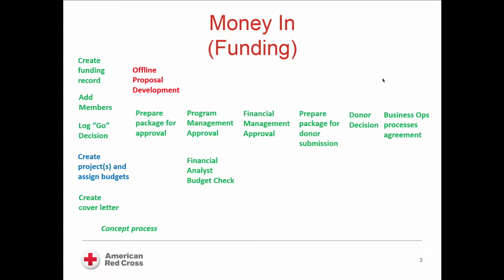there is a final task that goes to the financial analyst, who confirms that the budget allocations you made way back here at the beginning when you created the projects and assigned the budgets, they confirm or update those if those allocations are not correct anymore, and then that's what officially moves the project into implementation and pushes the money from the funding to those projects. And then you have the funding